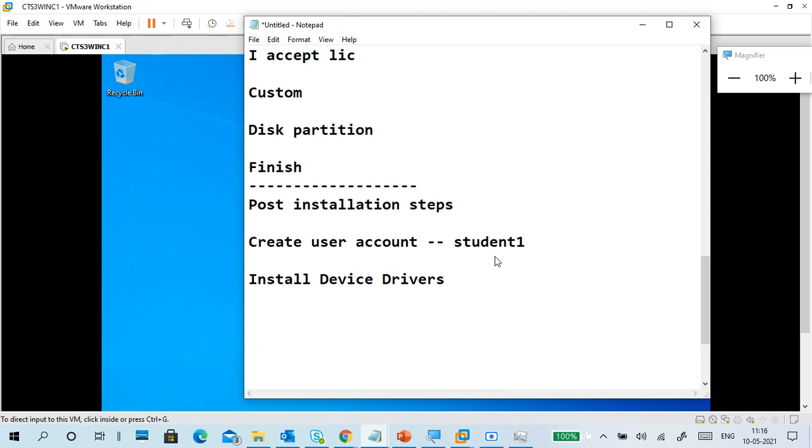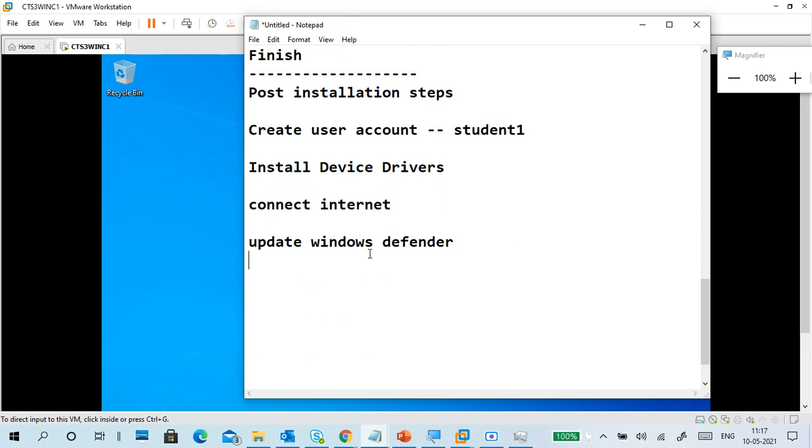First install the device drivers. Make sure that you connect to the internet. Okay, connect to the internet, then update Windows Defender. So first what we have to do is update your Windows Defender or install antivirus.